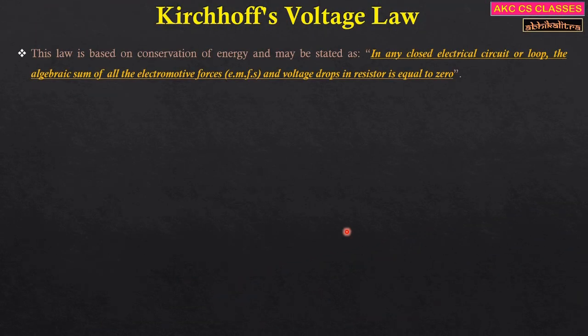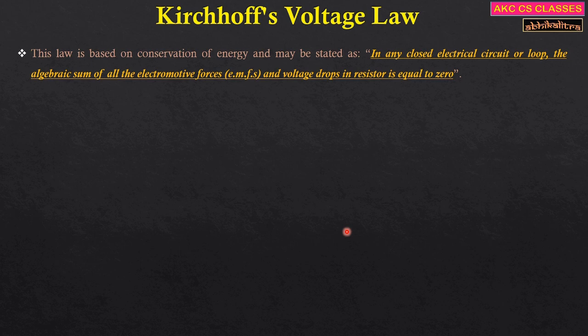Now we come to Kirchhoff's voltage law. So what is Kirchhoff's voltage law? This law is again based on the law of conservation of energy. The law of conservation of energy states that the net change in the energy of a charge after completing a closed path is 0. So again, Kirchhoff's voltage law is not basically a law, it is basically a kind of rule, and the rule is basically based on the law of conservation of energy.